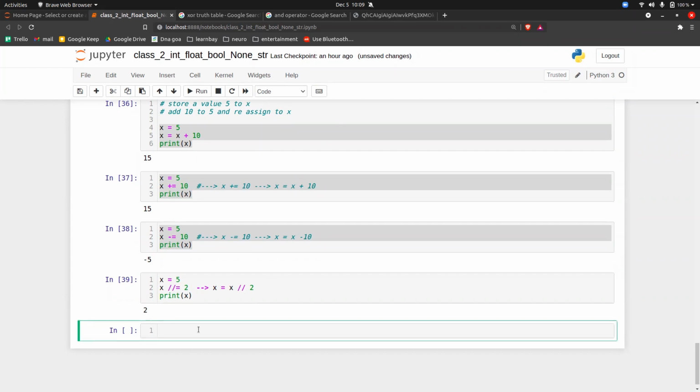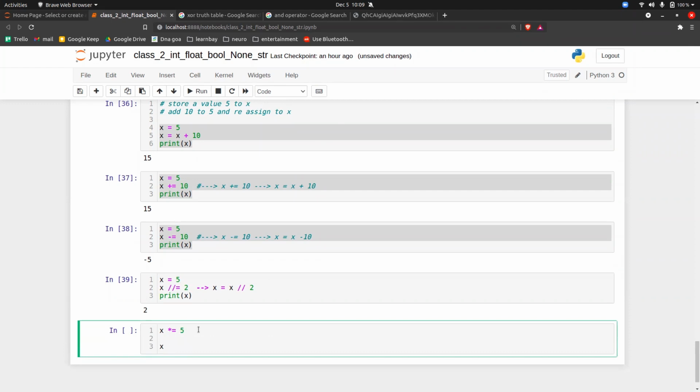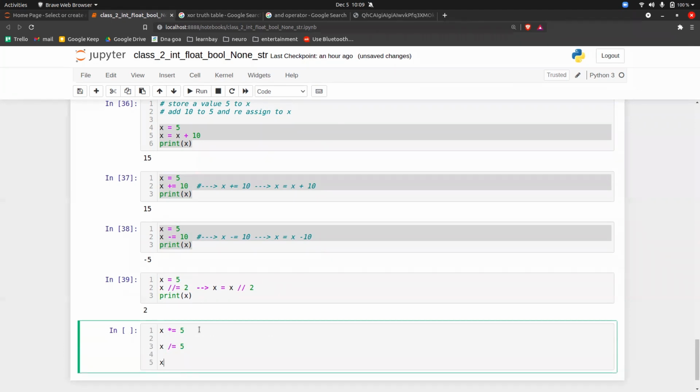On the same line, you can do x multiply equal to 5, which is equivalent to x equal to x into 5.